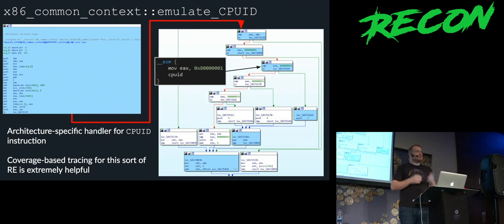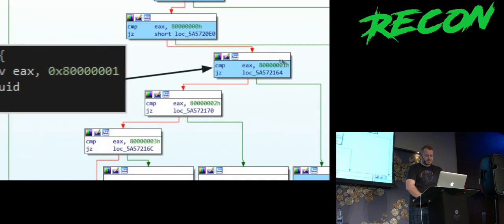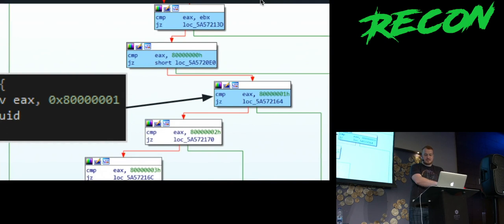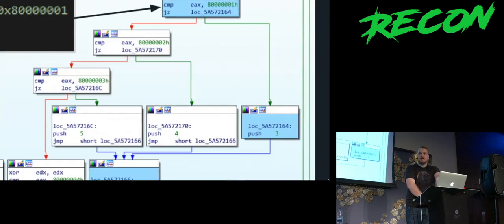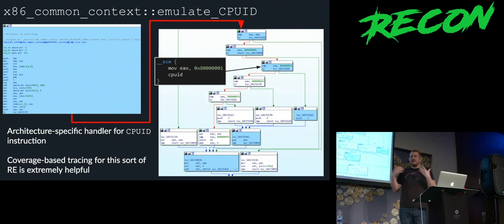I wrote a malware binary that did mov EAX, 80001. Ran this. I collected coverage with Lighthouse, as I showed you earlier. And what I saw was this basic block coverage. And you can see here that the block for this same immediate, 80001, we see that we match that, and we continue down this block because we hit that particular instruction. We don't go into the path of comparing it to 8002, 8003, and so forth. This sort of example, I think, shows why